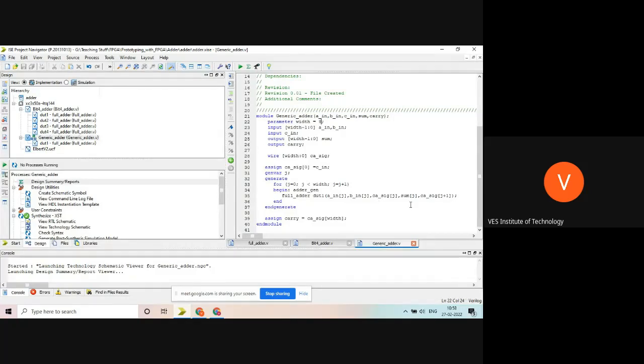Have you all understood how I did the generic coding? Yes, sir. So this will be very helpful when you are doing the projects. You don't have to write multiple modules. The general tendency is people write a lot of codes, a lot of adders, full adders, half adders. So multiple modules will be there. So when you go and debug it, it is very difficult to debug.